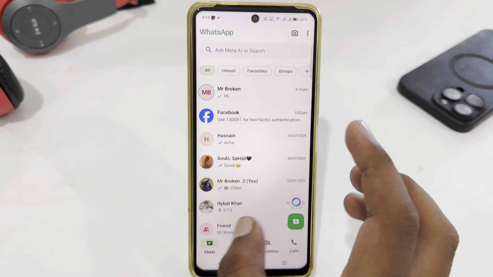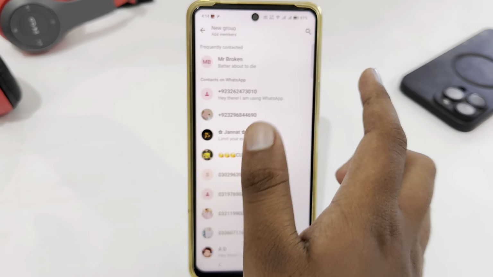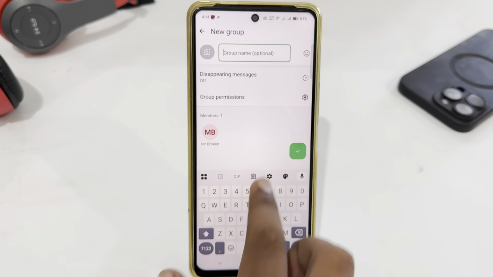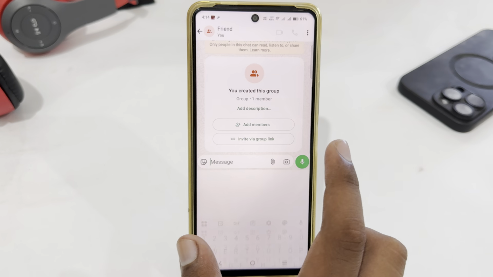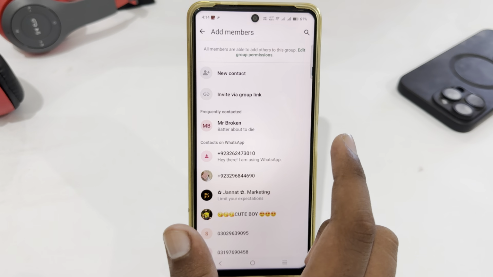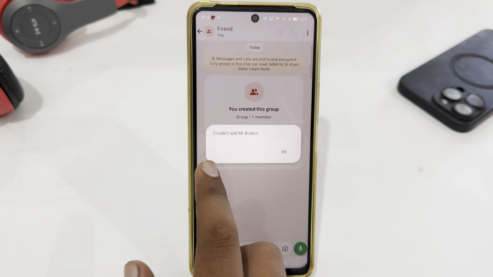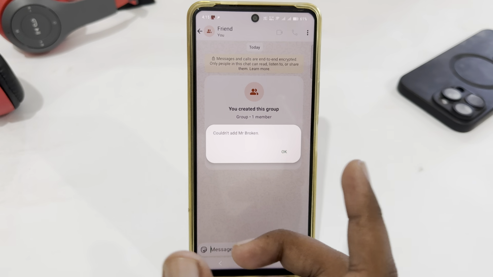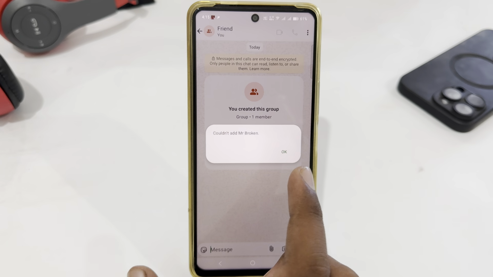The third way is that you just have to create a group with the person. Just select the person and then tap done, and here you just have to enter the group name, and here you can see I couldn't add the person. You just have to tap on add member, then select the person and then select done, and this pop-up will be shown saying you couldn't add the person, so it's confirmed that the person has blocked you on WhatsApp. So that's how you can easily check if